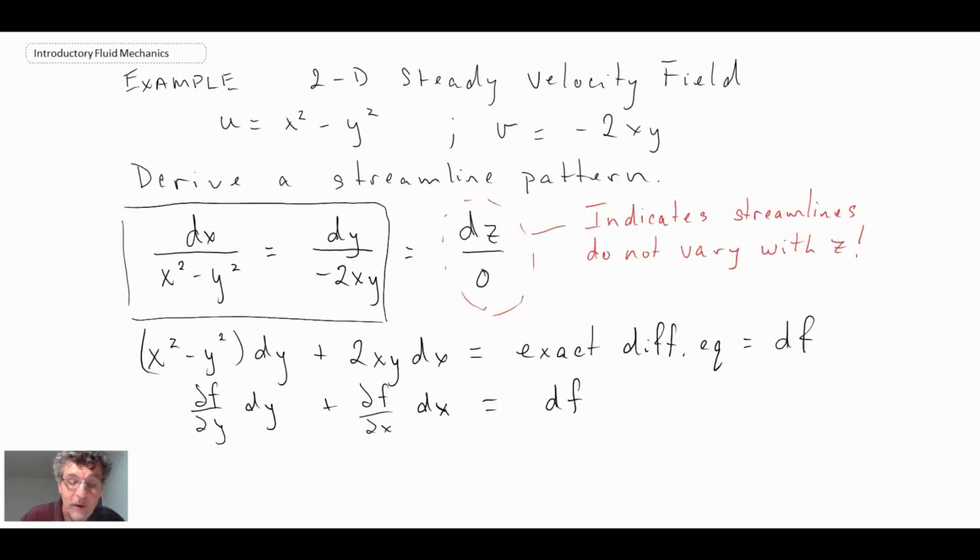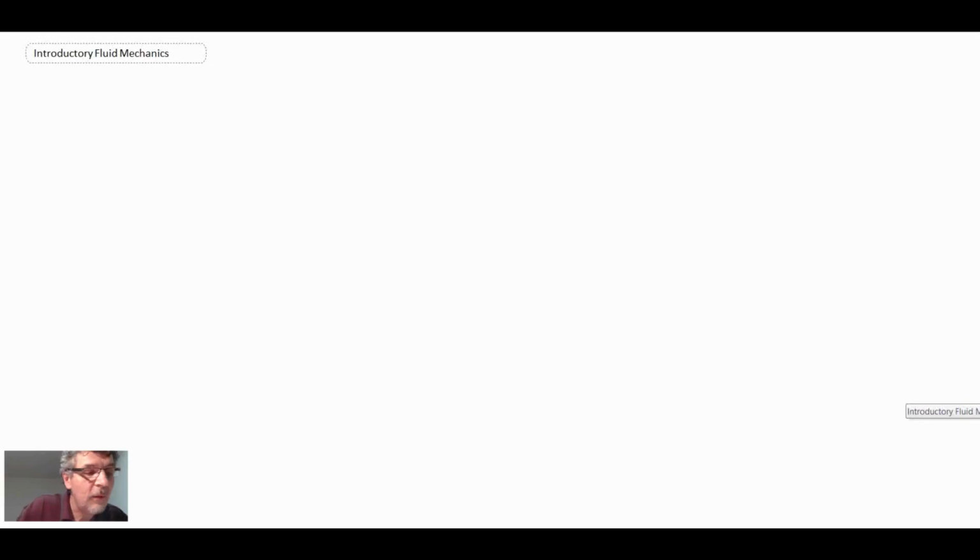And so what we find is that this here was our u component, or sorry, the x squared minus y squared, yeah, with the rearranging, it was the u component there. But we have this, and now what we're going to do is integrate each of the components. So to begin with, we have partial f by partial y